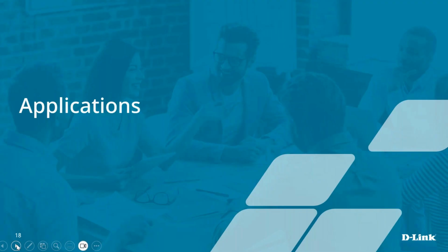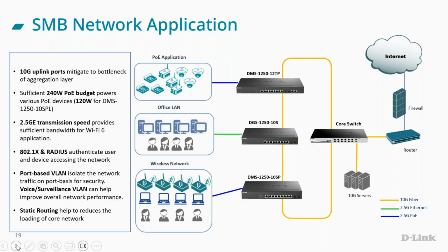And much like education, shared facilities is obviously a big question as well. So being able to deploy multi-gigabit and allowing you to densely provide data access to all your clients is very important. So just quickly talking about some of those applications. MDU, absolutely an application, but there's certainly other applications that D-Link currently sees